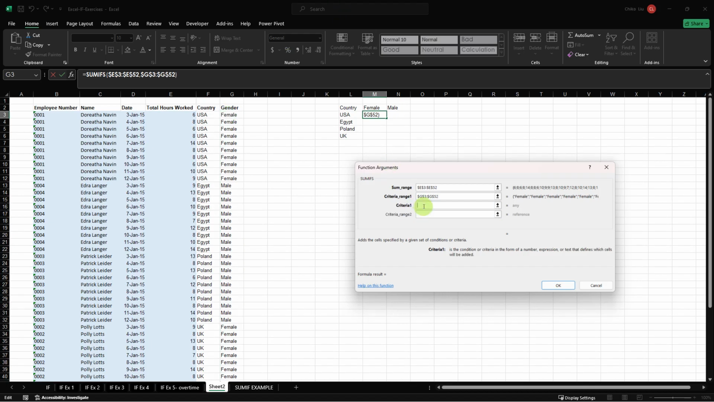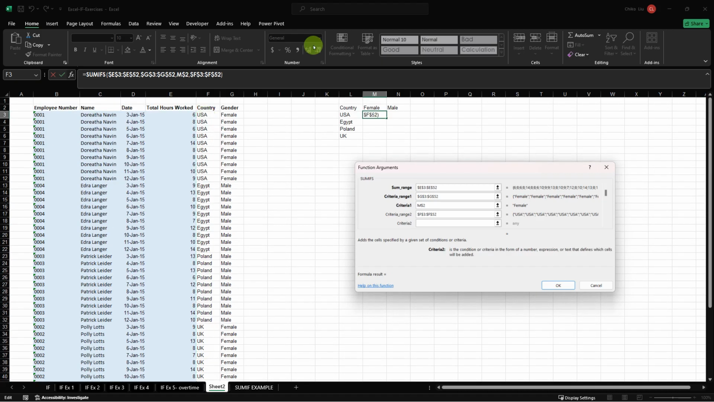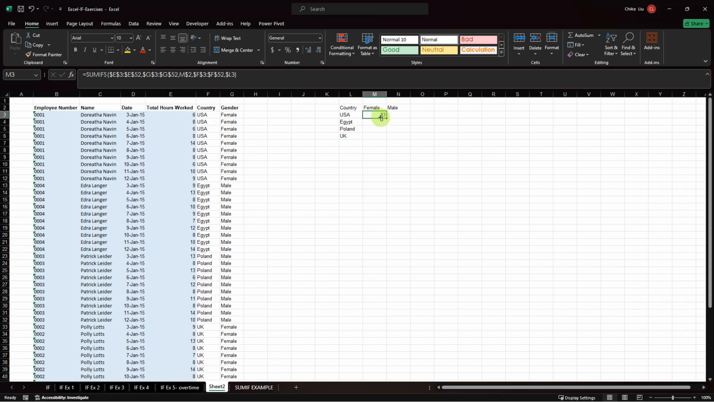Then criteria will be this first criteria, and because I'm going to drag across, I will lock the row and leave the column. My second criteria range is the country, and my criteria is this particular cell L3. Because I'm going to click and drag downwards, I will lock the column and leave the row, and click OK. You can see for US alone, for female, 83, and I'll just click everything,